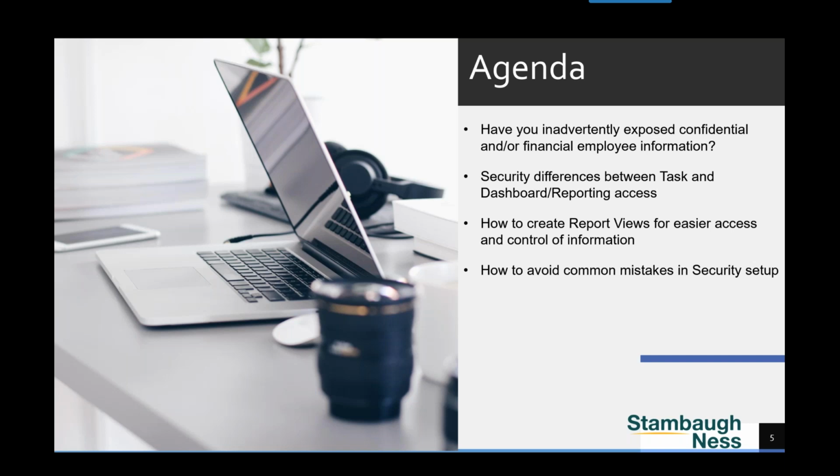Some of those common mistakes aren't things that we would typically even know to look for related to updates of the software, and we're going to talk about that. And then we'll kind of finish up with project security setup tips. To be honest, when we lead clients through security setup, it's a 2-hour session to really go through project setup security for project managers. So we won't be hitting on everything, but we'll be hitting on the highlights for you. And then we'll potentially have some time for questions and answers.